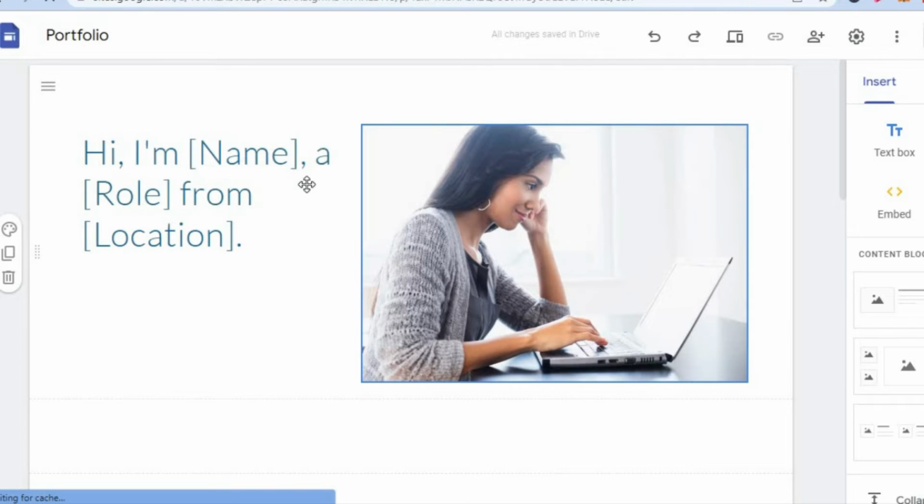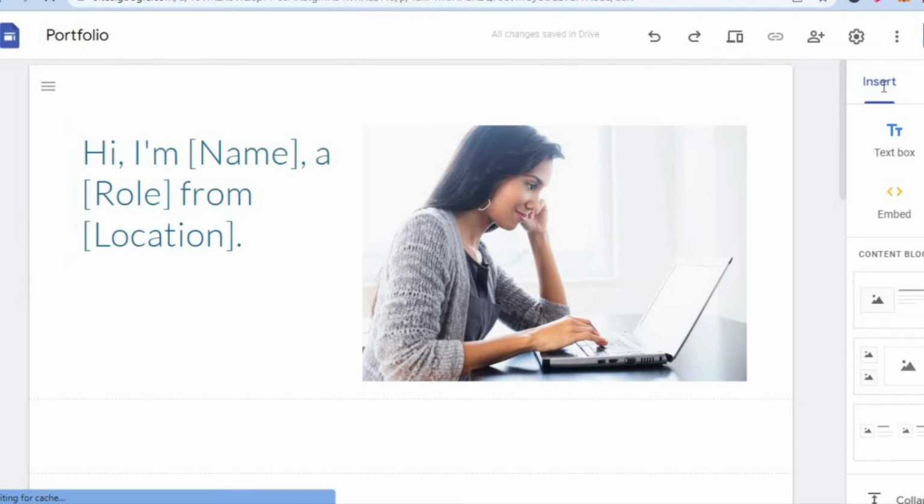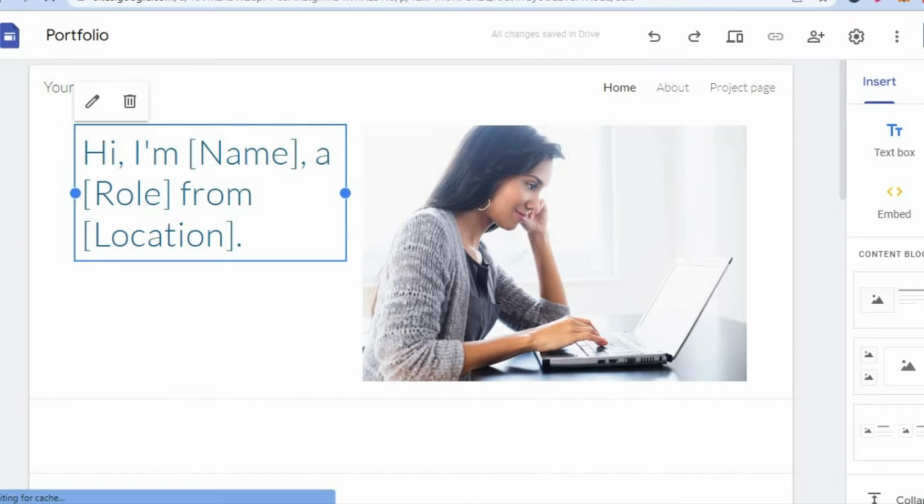And you can personalize your website. It's quite easy to do. And the beauty about Google Sites is it's completely free and you will also be able to get indexed on Google. So once you're finished personalizing your website, you can simply tap on Publish in the top right hand corner